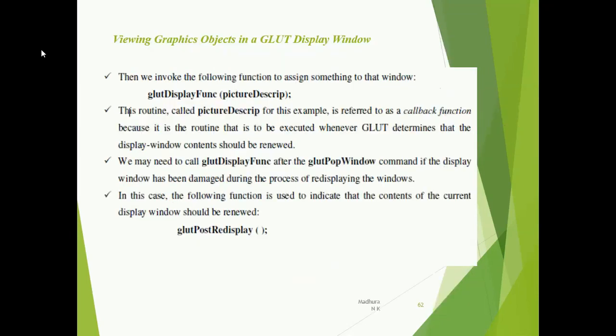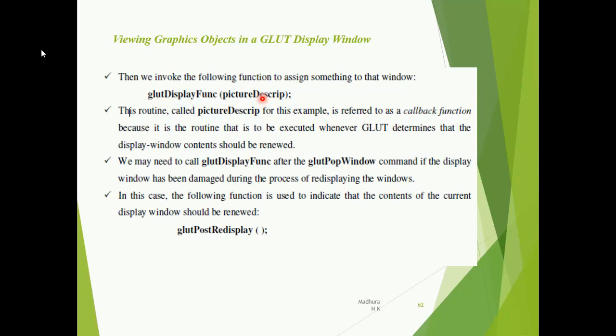Viewing graphics objects in the GLUT display window. We have a particular function here, glutDisplayFunc. Inside the brackets we write the picture description. This is a callback function. Whenever I say callback function, this particular function is called again and again, because your display window contents have to be renewed continuously.